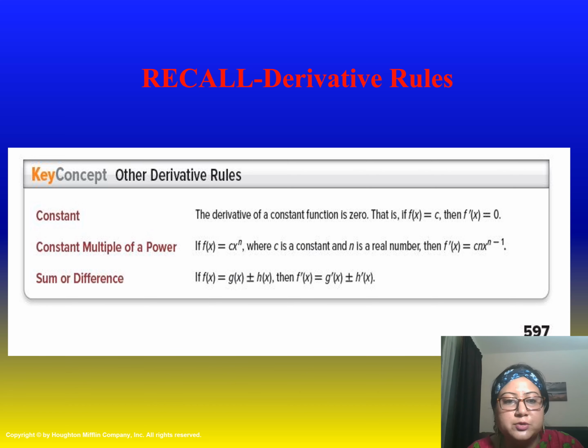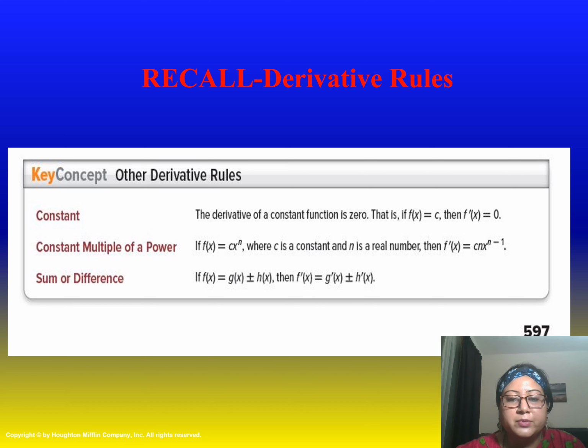The second rule that you see here is constant multiple of a power. So what happens here when you have a function which is a constant times a given function? Because it is a constant in the rule, the constant has to be there, and it is also having a power, so the variable will be raised to some power. So generally you just do the power rule and keep the constant as it is.